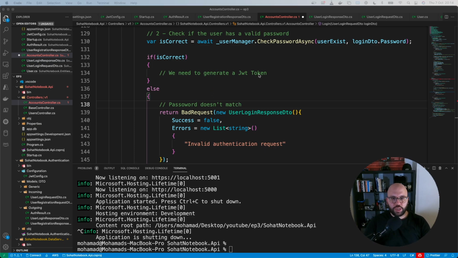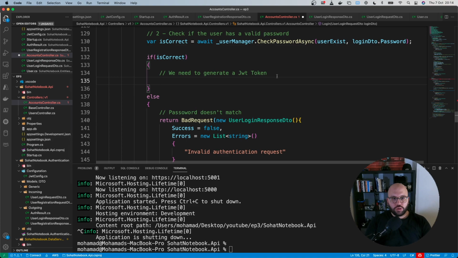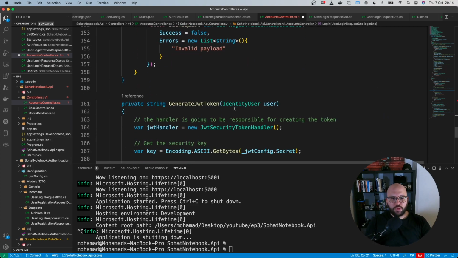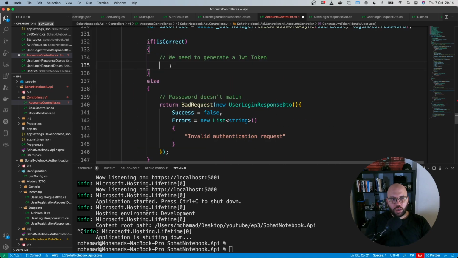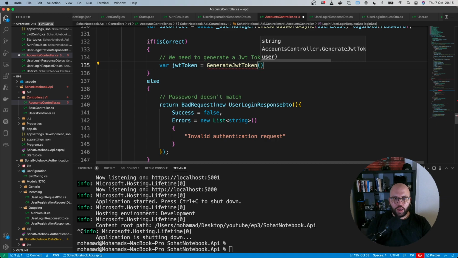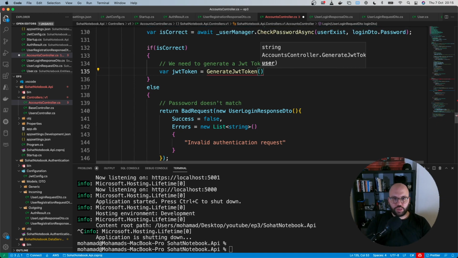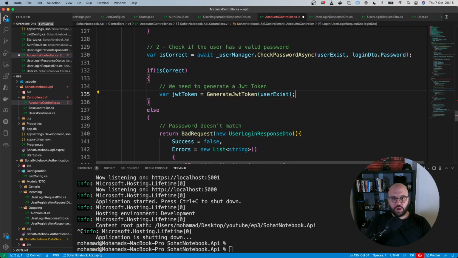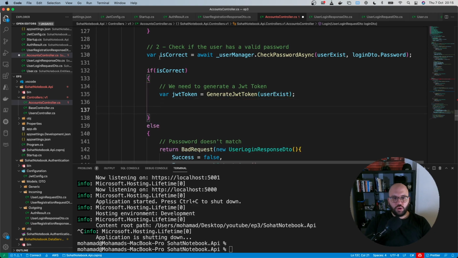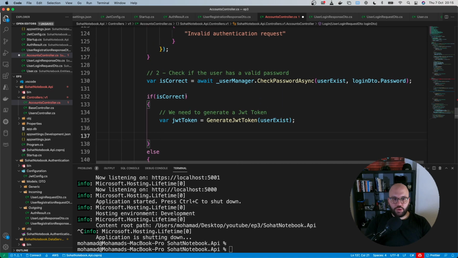So now let us generate the JWT token. So basically we're going to be utilizing the same generate function that we did before. So let's copy this, and we're going to create var. We're going to call it jwtToken equals Generate, and we're going to pass the user, which is going to be called userExist, and that's it. So once we did that, all we need to do is just return an OK,